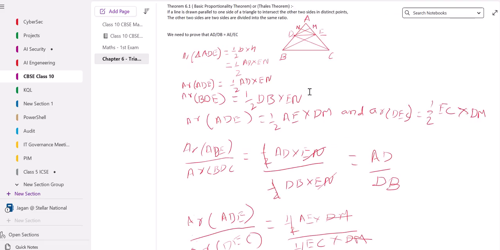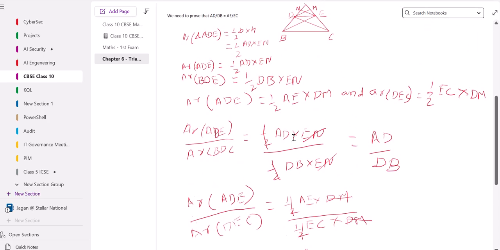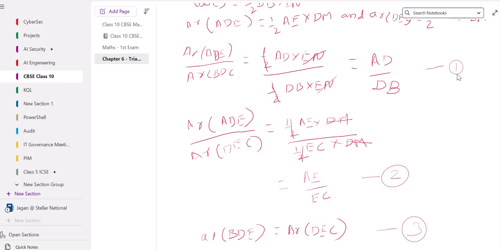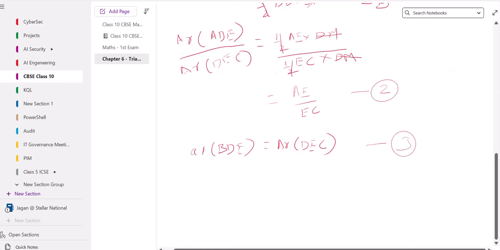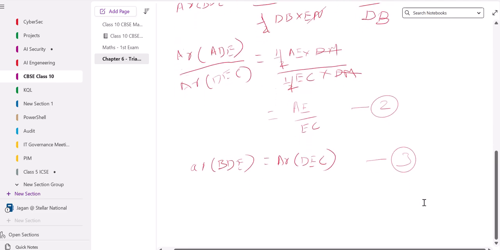So the area of BDE and the area of DEC will be same, because they are based on DE and they are between the parallel lines DE and BC. I had to mark this 1, 2 and 3. Therefore, from the theorems, from the points 1 to 3,